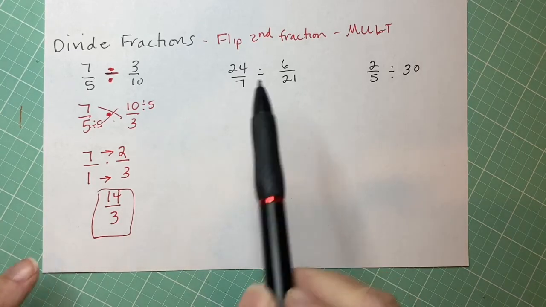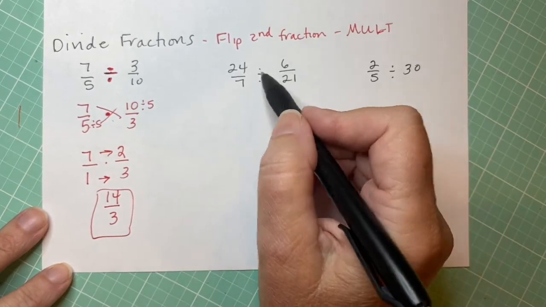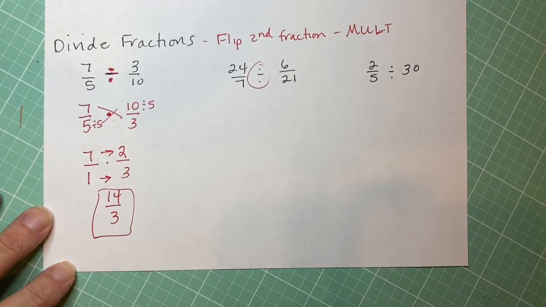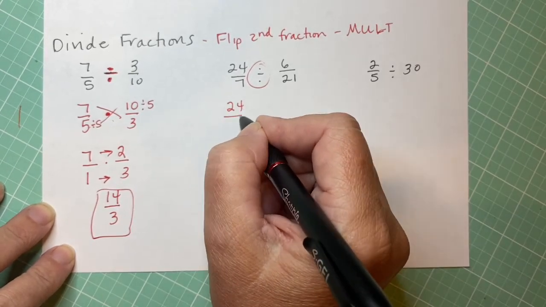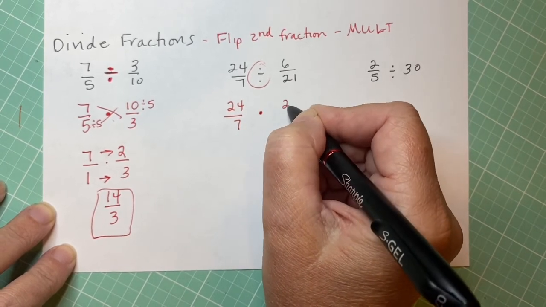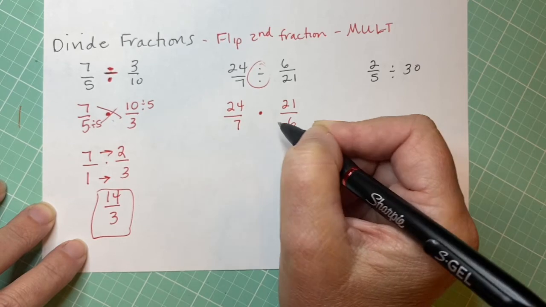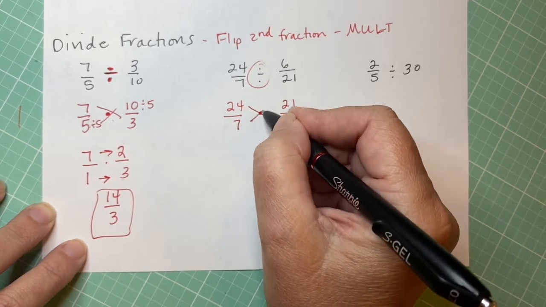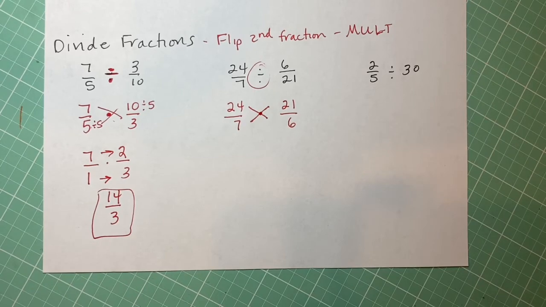Okay, this next one, again, on the test, these will be all mixed up. So that's why this symbol is so important. Think of this division as meaning flip and multiply. So we're going to leave the first fraction like it is. We're going to change it to multiplication, flip the second fraction. Now, multiplication means to look on the diagonals and cross cancel. I'm sorry, this is shaking,